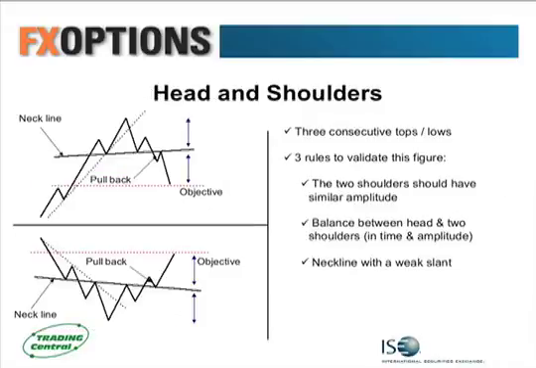So the last pattern which we are focused on will be head and shoulders pattern. The head and shoulders pattern is more complicated than the other one. You have 3 consecutive tops for the head and shoulders, 3 consecutive lows for the reverse head and shoulders. Why head and shoulders? Because it's very simple. You have the first shoulder just there, shoulder 1. The head is just there. And the second shoulder